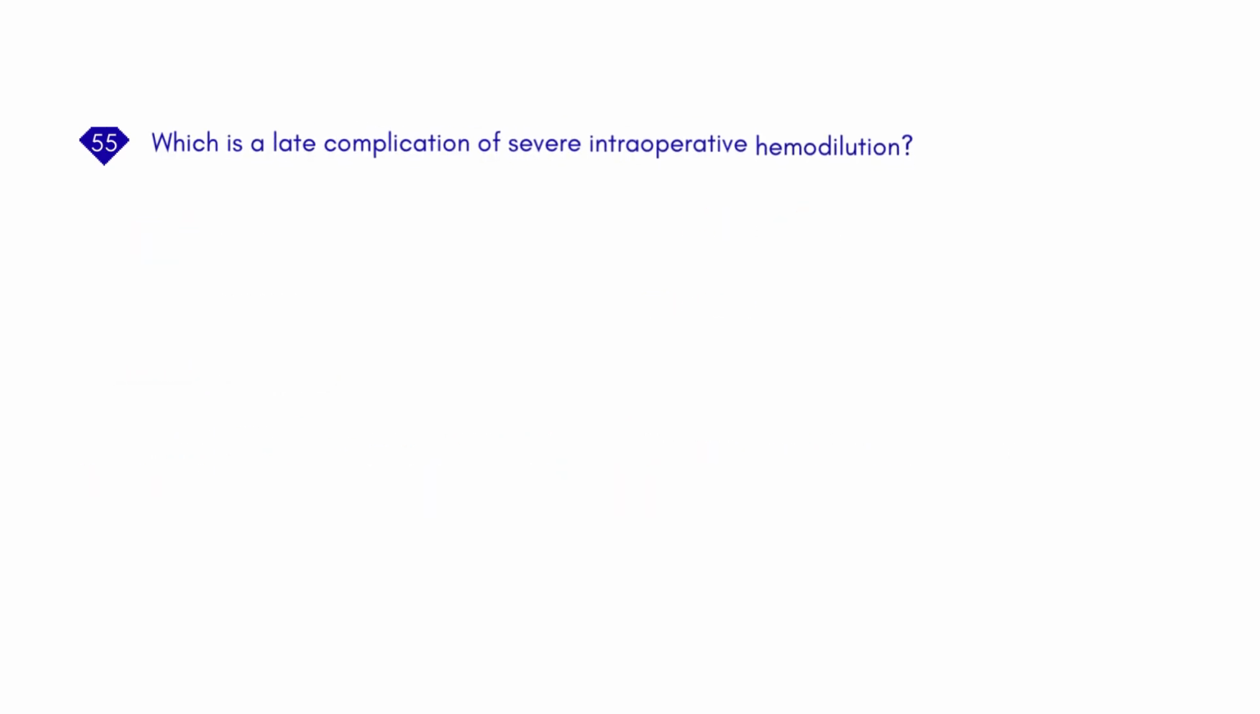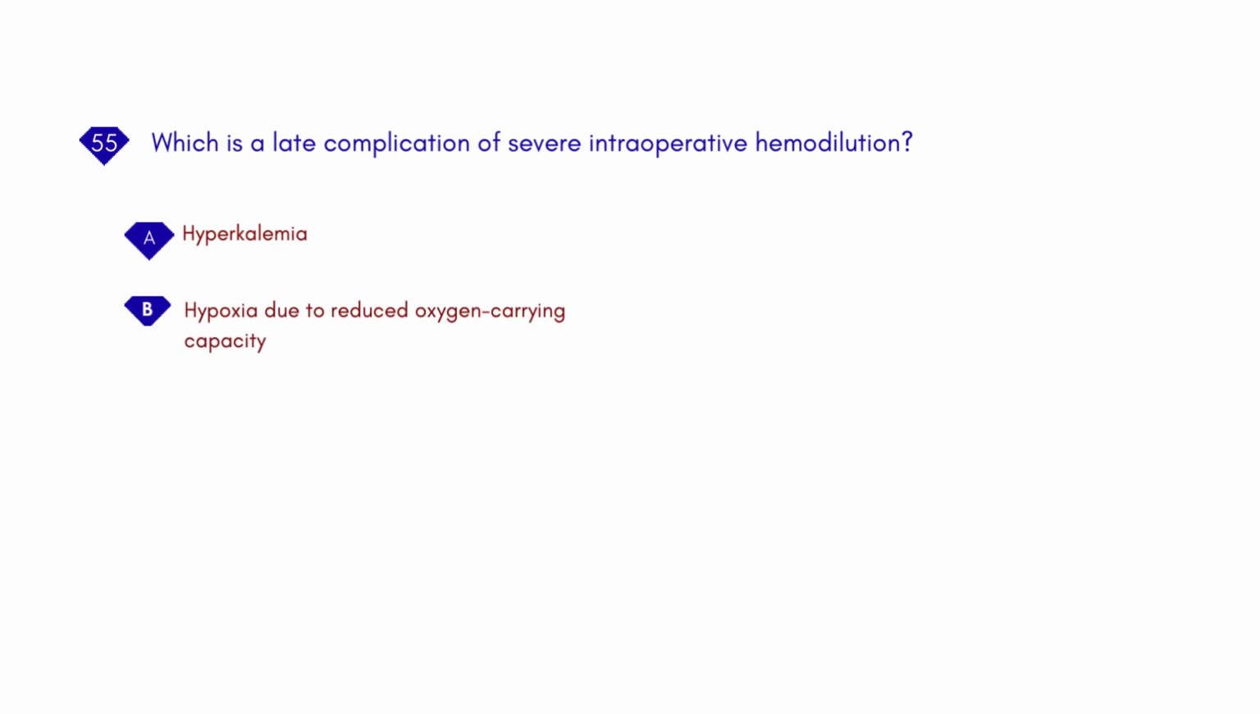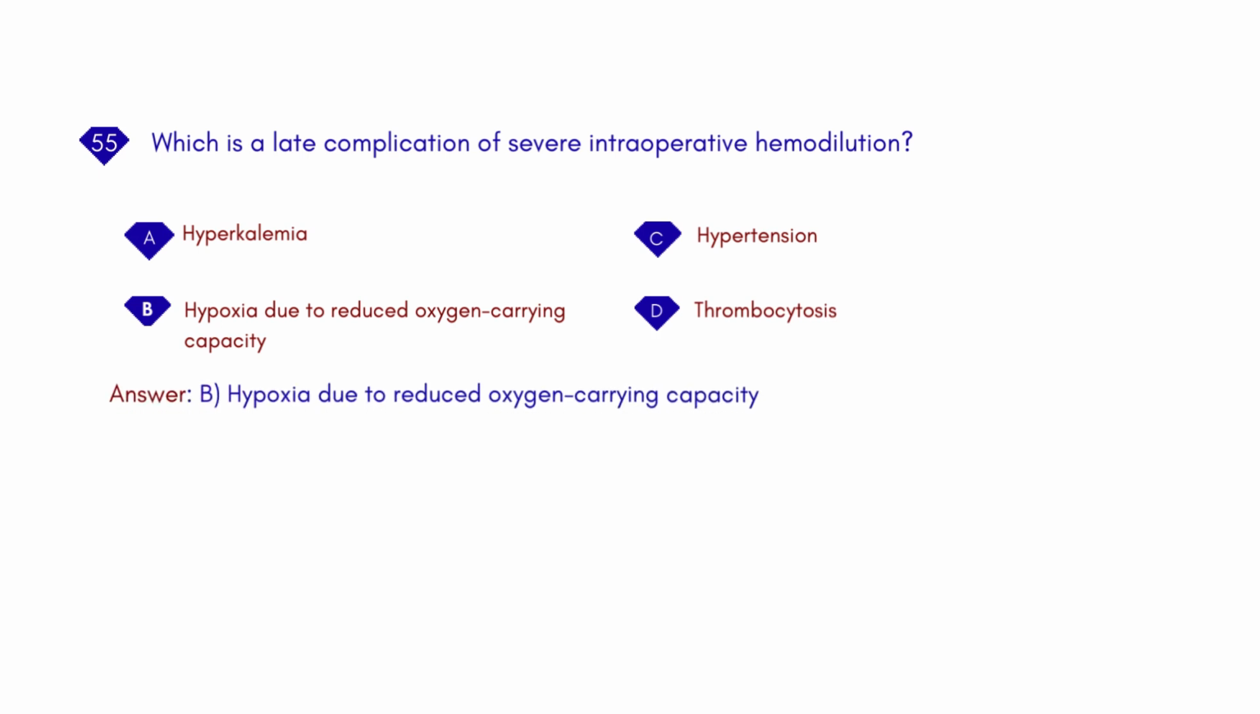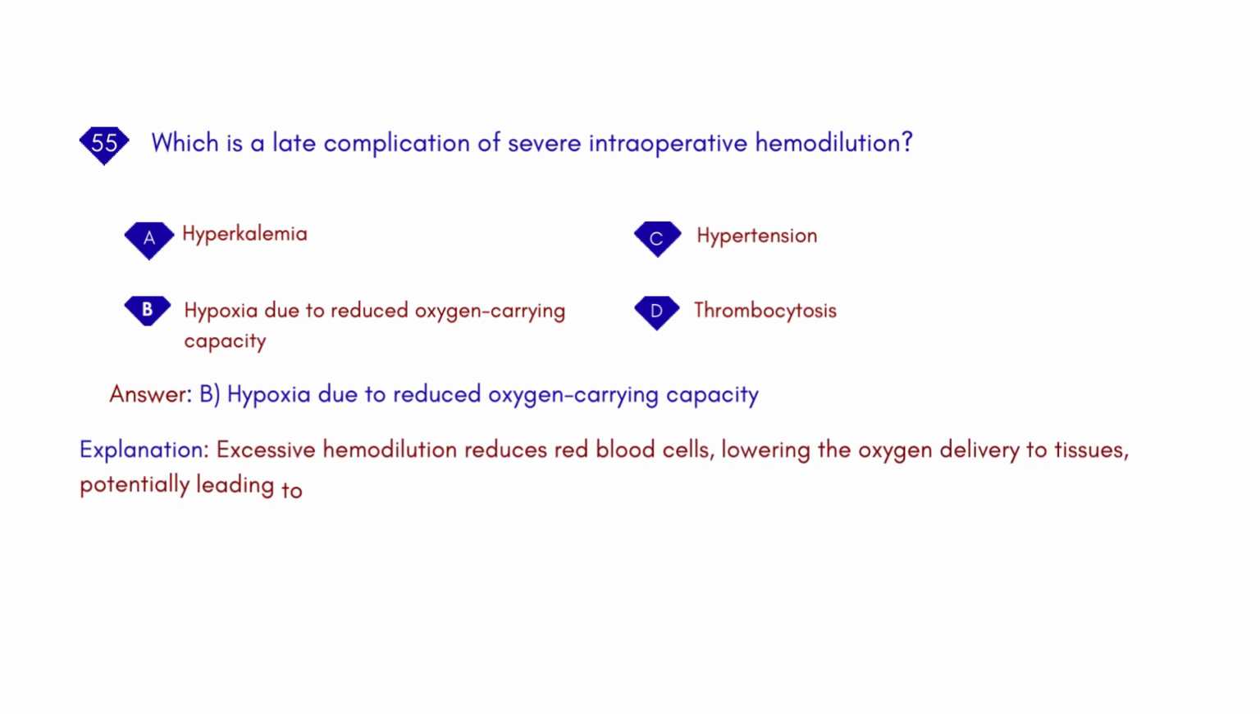Which is a late complication of severe intraoperative hemodilution? A. Hyperkalemia. B. Hypoxia due to reduced oxygen carrying capacity. C. Hypertension. D. Thrombocytosis. Answer: B. Hypoxia due to reduced oxygen carrying capacity. Explanation: Excessive hemodilution reduces red blood cells, lowering the oxygen delivery to tissues, potentially leading to tissue hypoxia and lactic